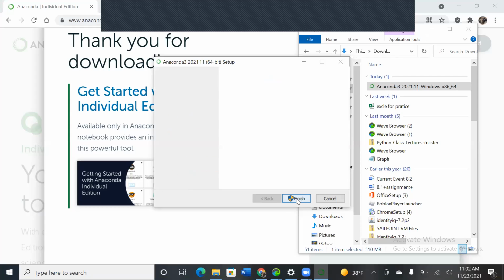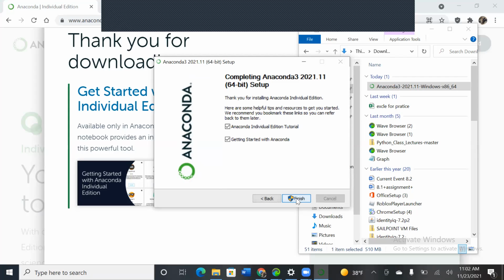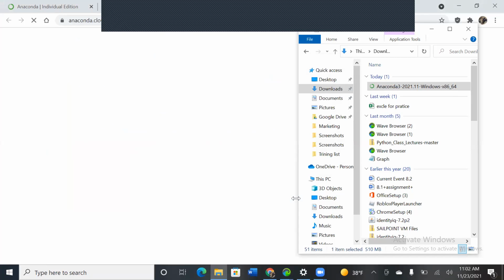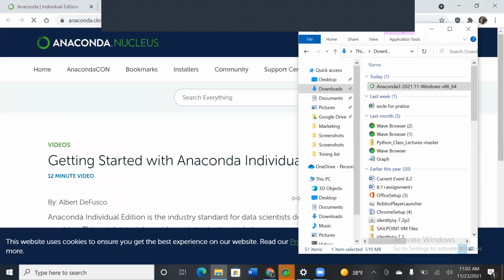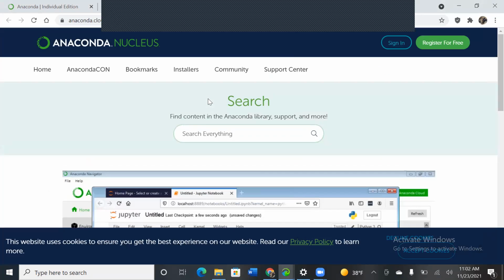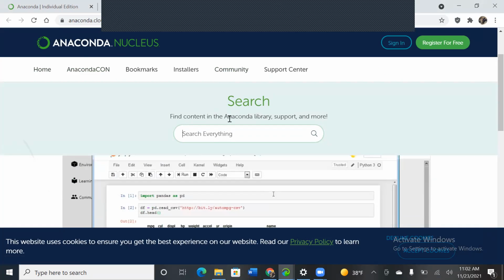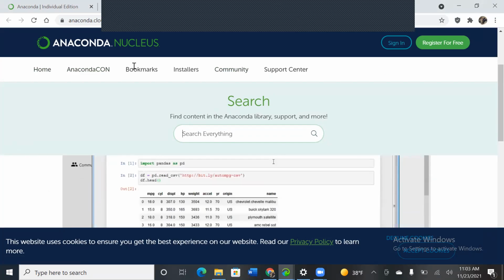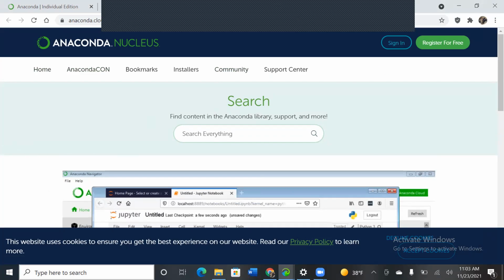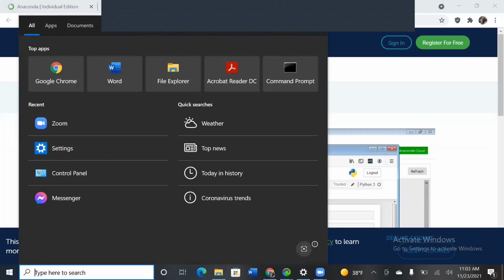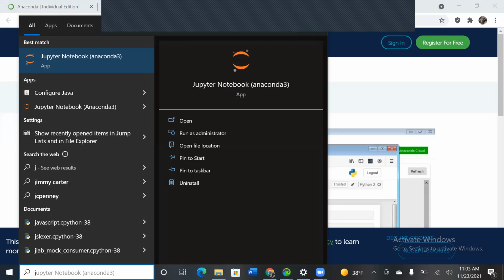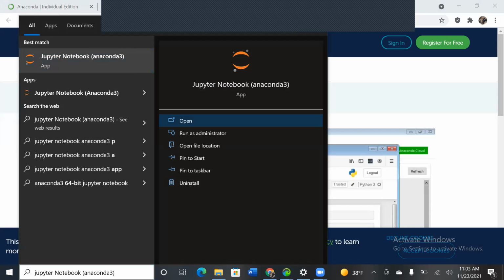Click on next, and finish. So your installation is done now. Now it will open. Now search here for Jupyter Anaconda in the start menu. Not there, you are searching the website. You are installing on your local system and searching on the website. How will you get it there? You have to search in the start menu for the software that you installed. Where is the start menu of your system? Right here. Search there for Jupyter, Anaconda.